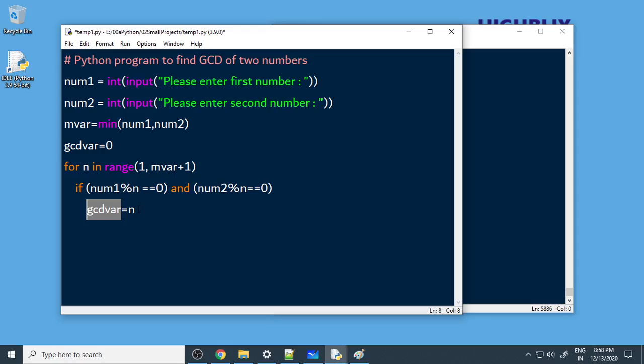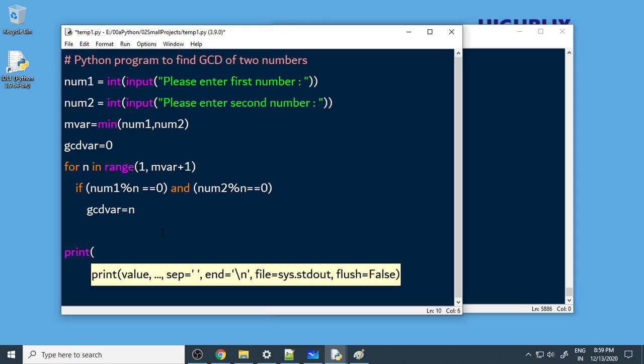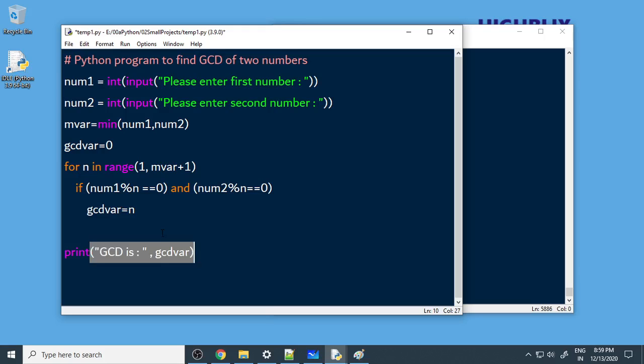So till the end it will move on. Therefore GCD var will hold the highest common factor. Now what we'll do is we'll say print, GCD is, comma GCD var. Okay, so put the colon over here and here.